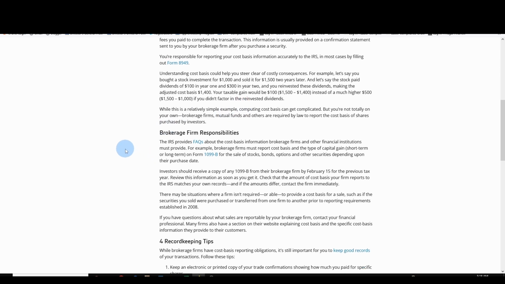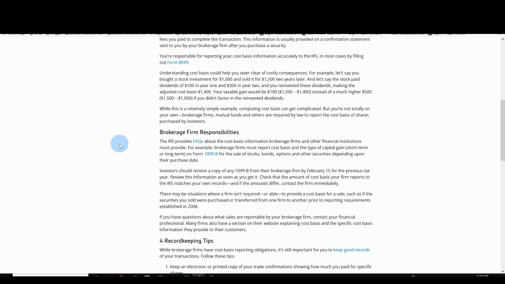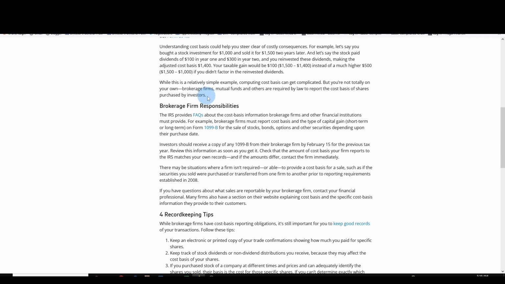While this is a relatively simple example, computing cost basis can get complicated, but you're not totally on your own. Brokerage firms, mutual funds, and others are required by law to report the cost basis of shares purchased by investors. But be careful here. They're not always accurate. If you're doing multiple trades in the same stock in a short period of time, the computer systems generally don't